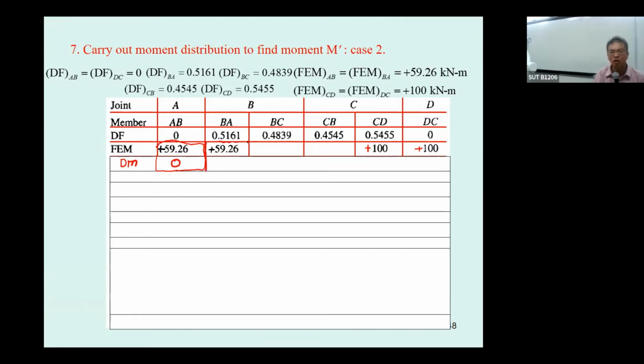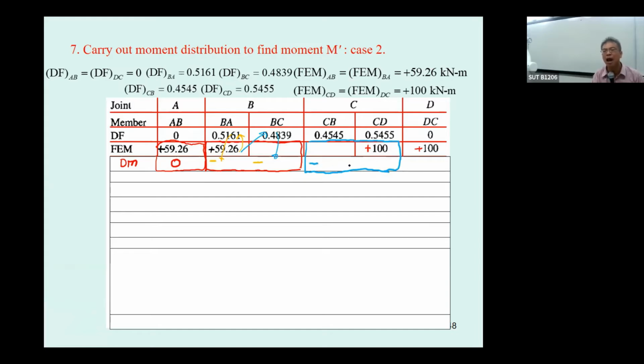Then we go to joint B, and you can see that the unbalanced moment is positive, so it requires a negative moment. Just multiply this and plug into here, then multiply this and plug into here, and then go further to this 100